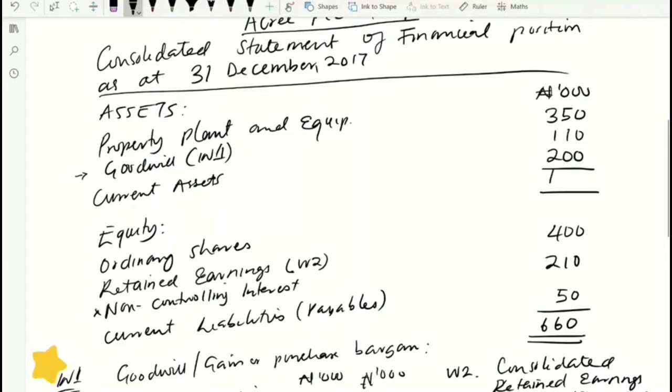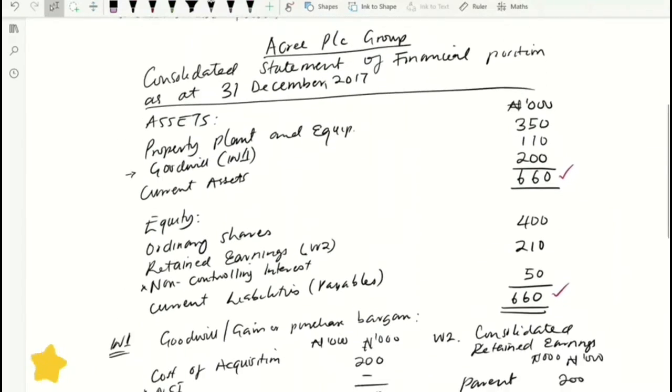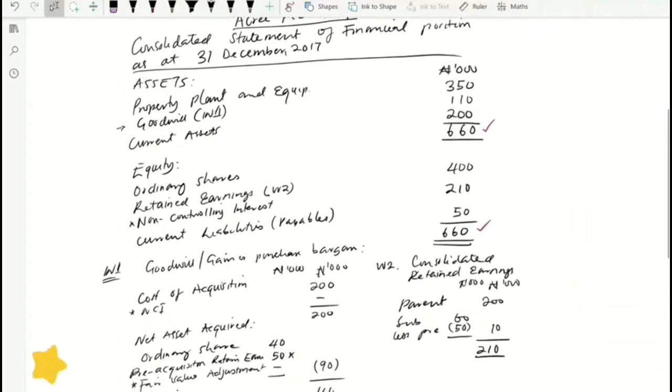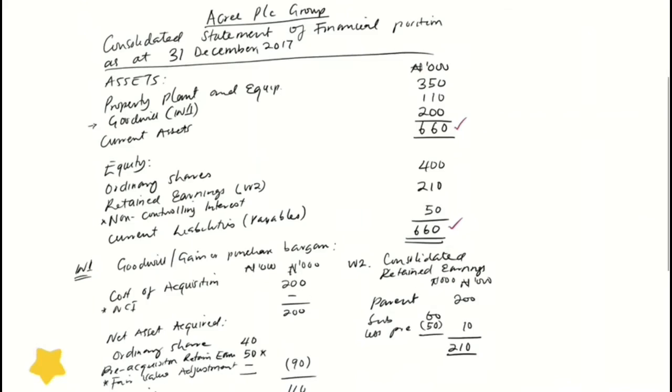Then you bring it in, and then you add up all your figures. Your account is balanced, 100% acquisition, and then retained earning. Let's look at another scenario where the asset, the cost